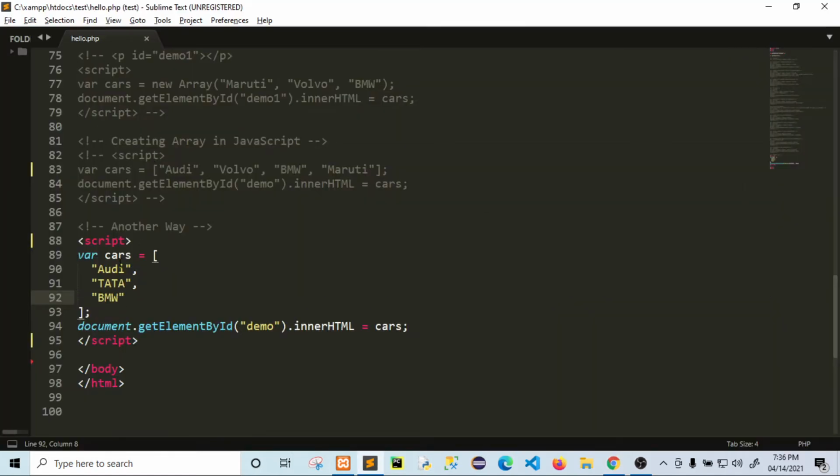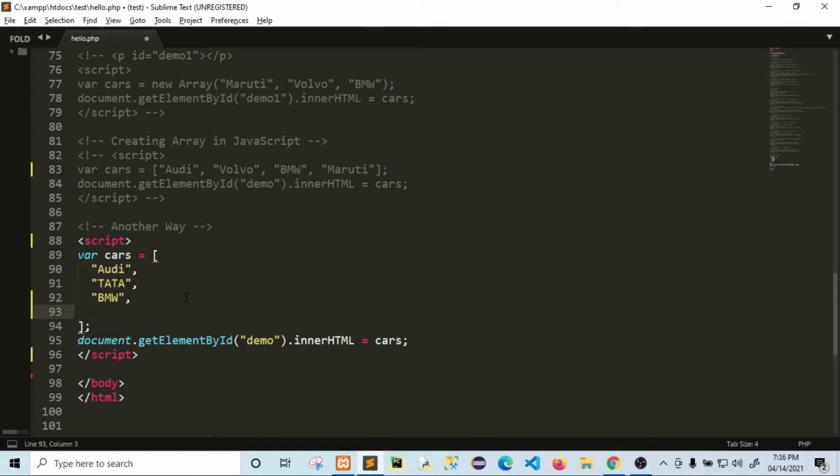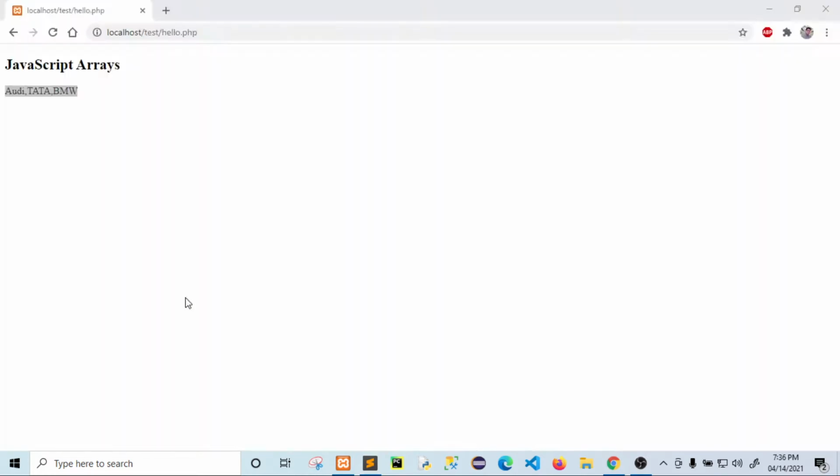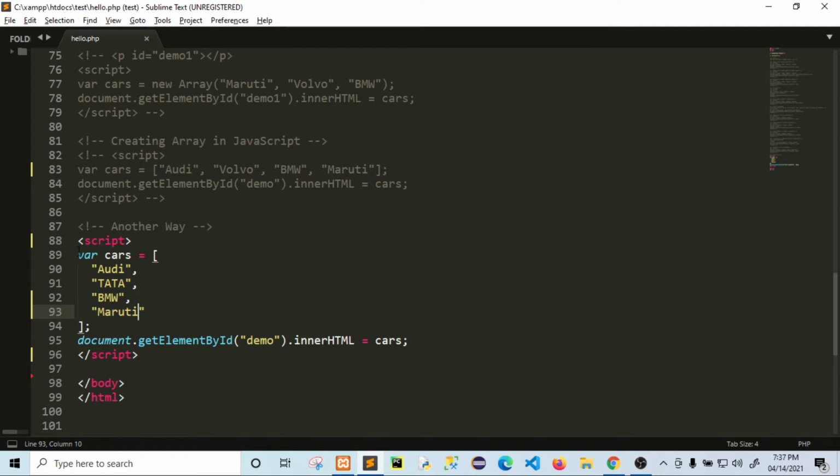Suppose here you write Maruti, save, run. Here you can see the Maruti. So this is another way to write an array in JavaScript. Both are the same, but these are different ways to write.